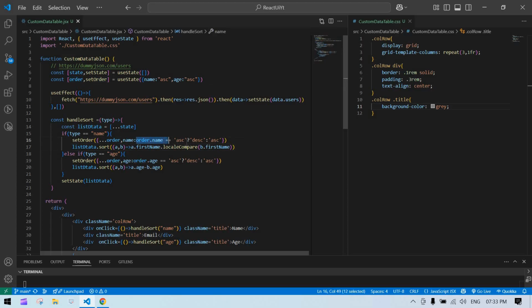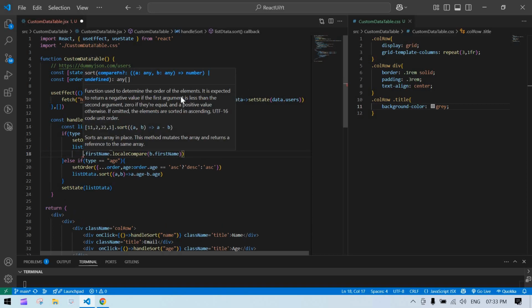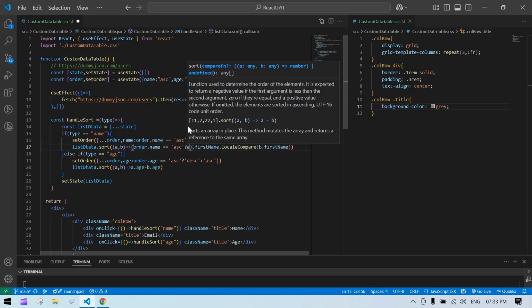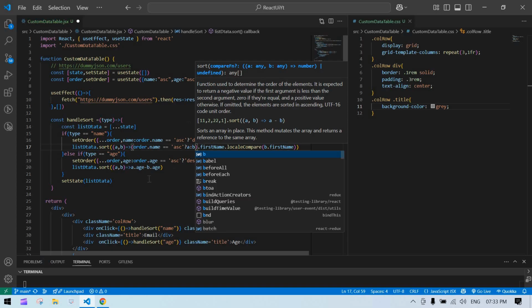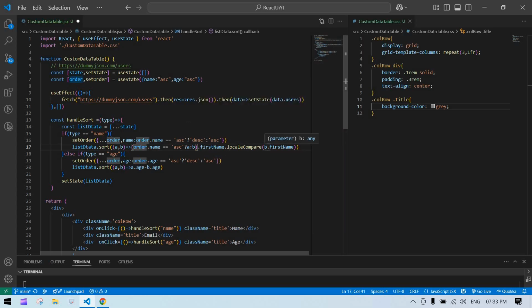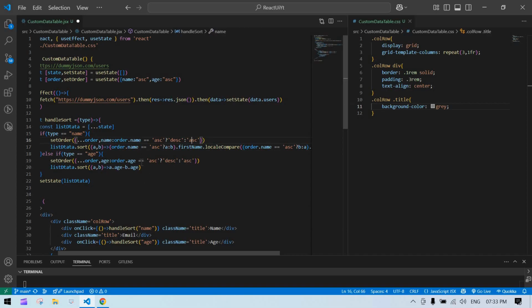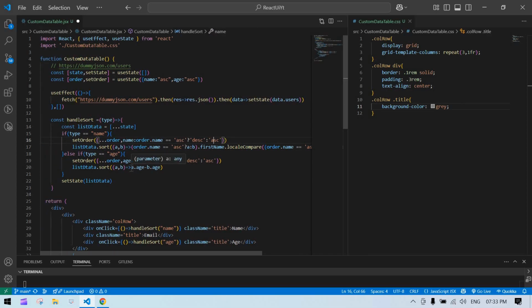So what I'm going to do, just copy this condition. We can do this by just duplicating this multiple times, but I don't want to do that. So what I'm going to do, just add a bracket. If ascending is there, it needs to be A, else it is B. Same thing here as well, bracket, ascending means B, else A. This is fine, right? So same thing here as well,